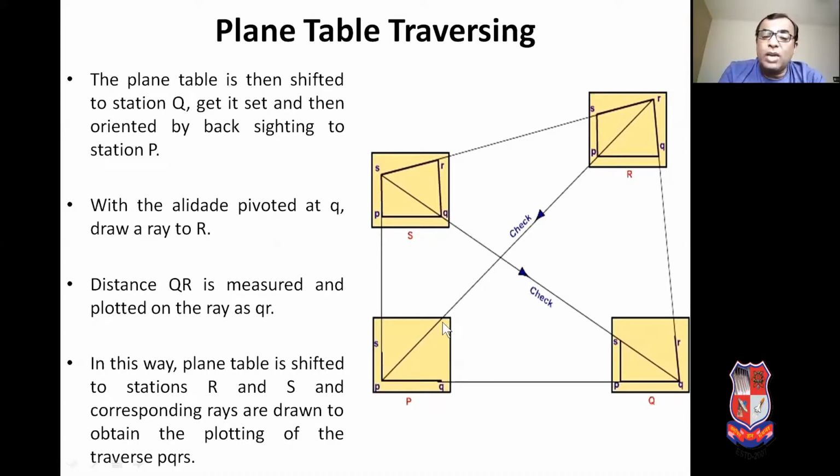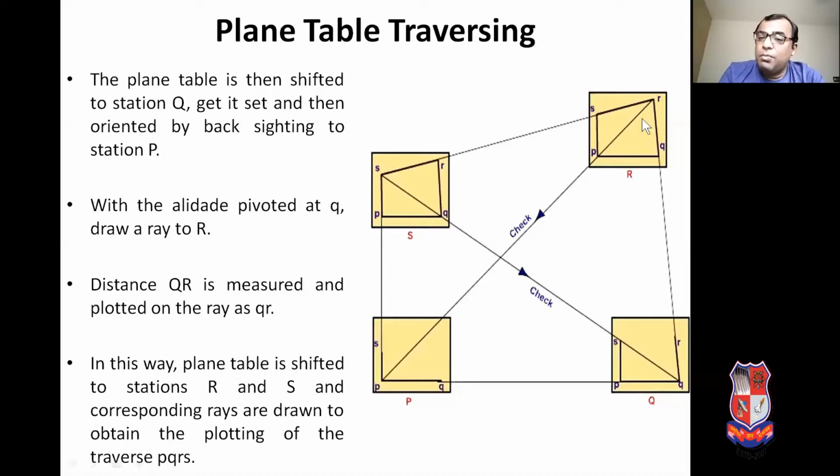Then we have to shift the plane table from station P to the next station Q. Then we have to perform all the operations of fixing, centering, leveling and orientation of the plane table with the LED pivoted or touching at small q. The ranging rod at R is bisected on the ground.